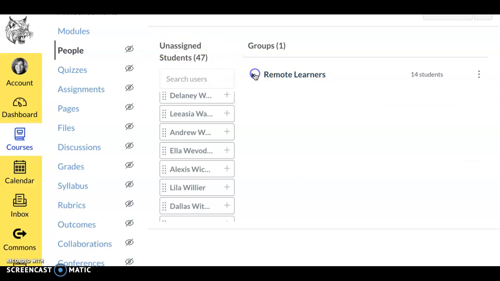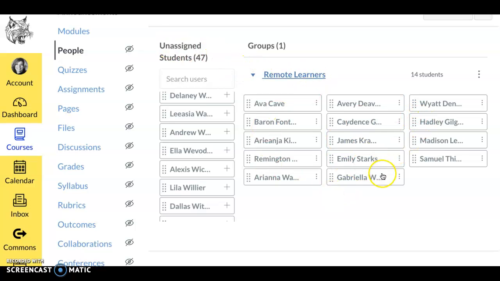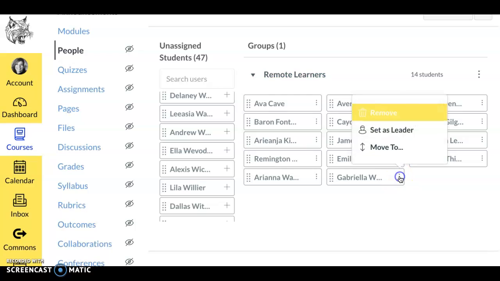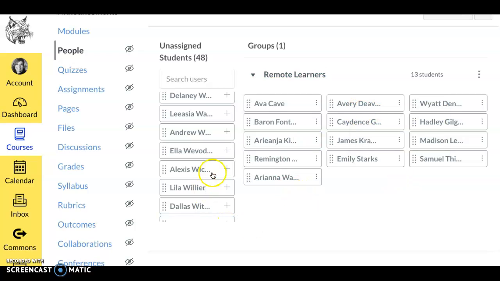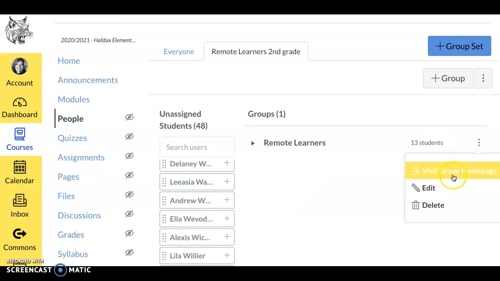Once I assign them all, I can click this and I can see who I assigned, and I actually did have an error. So I'm actually going to remove this one right here. So I can double check that all of these are in the right spot. All right, now I actually have a group homepage for this group,